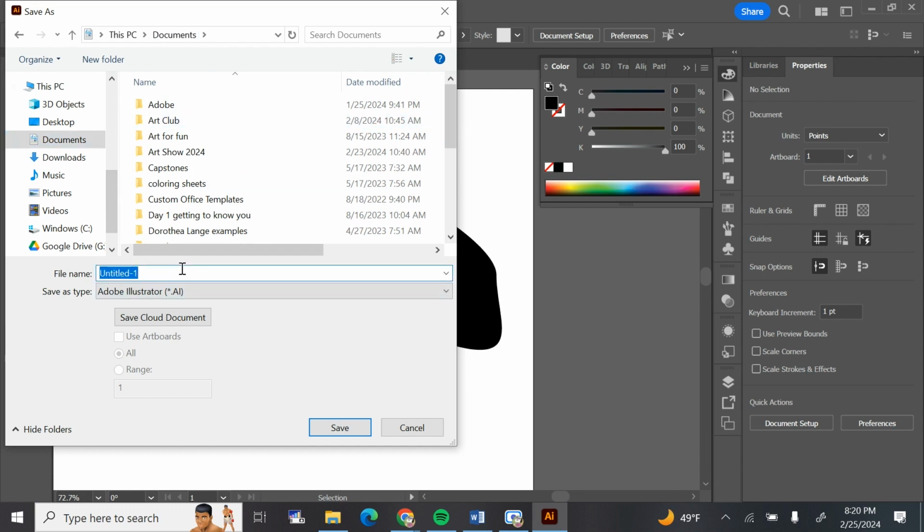And I would name this. So let's name it something we can remember. Maybe something like Practice Number One. I don't know. And hit Save. This right here, right below the name, is telling you the file type. It says .ai. .ai is short for Adobe Illustrator, and this is the file type that has all of our